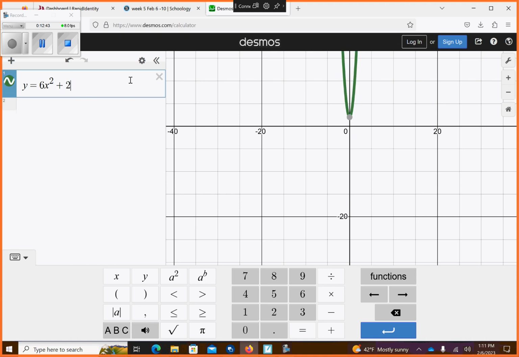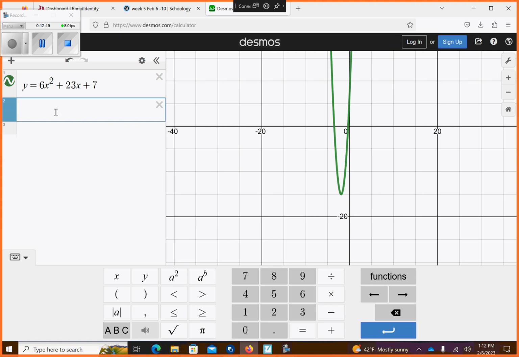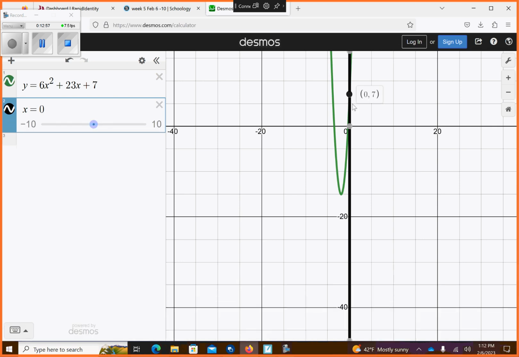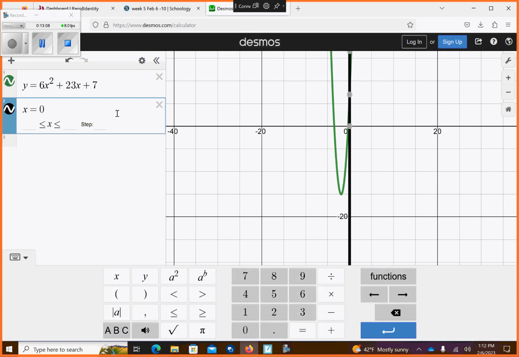plus 23x plus 7. So the first thing I'm going to define is I'm going to find where at 0 this is going to take place. So x equals 0. So at x equals 0, I get 7 as an answer. So now, keep that in mind. 7's my answer. Agree? 7. So 7's our answer. So we know that we're going to have to go to x equals 7 eventually, and